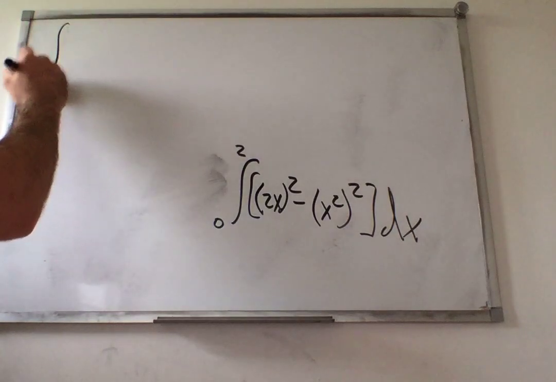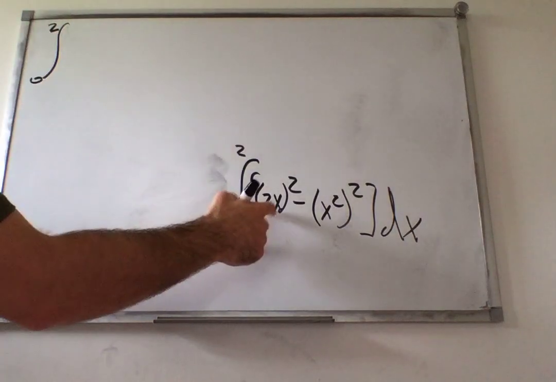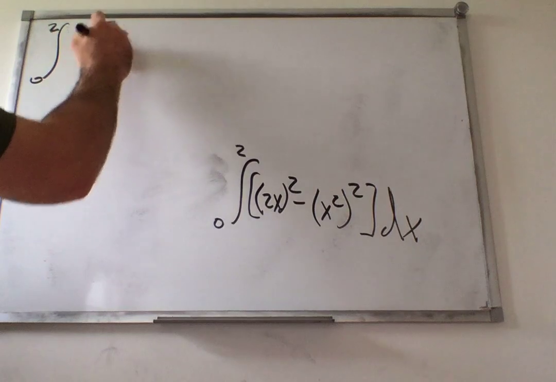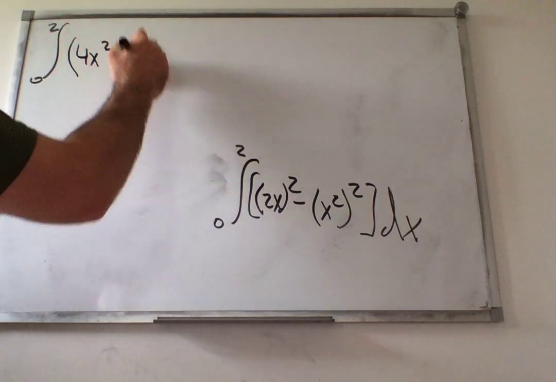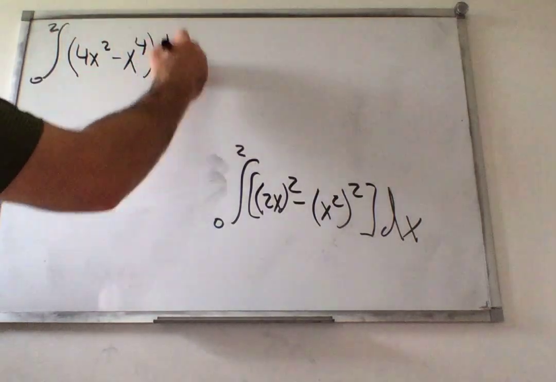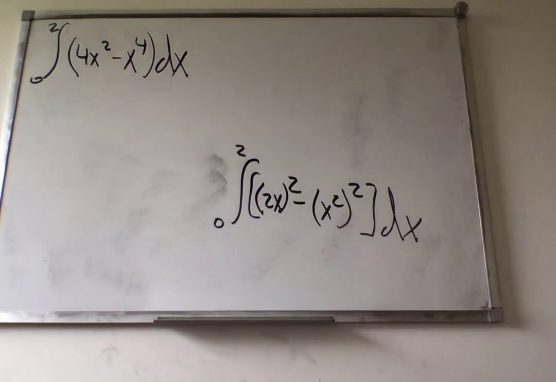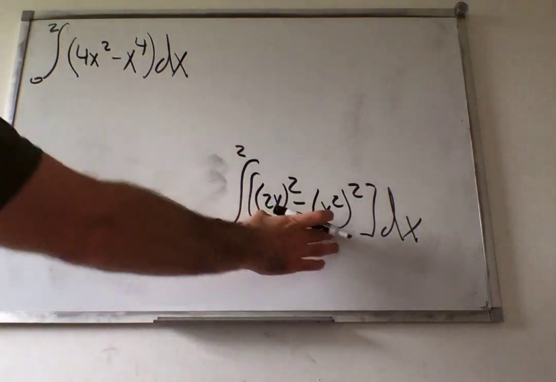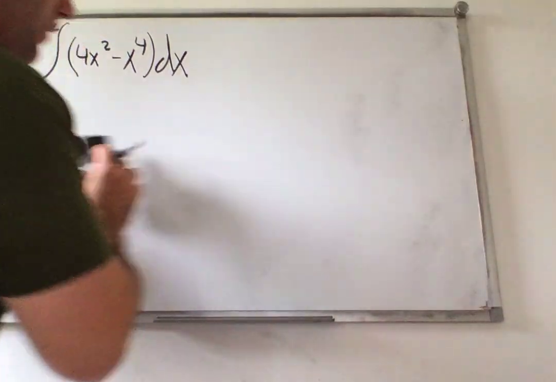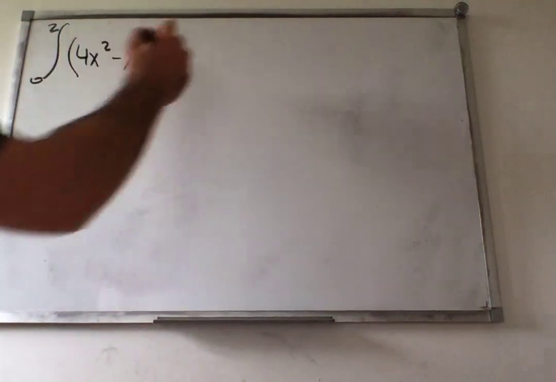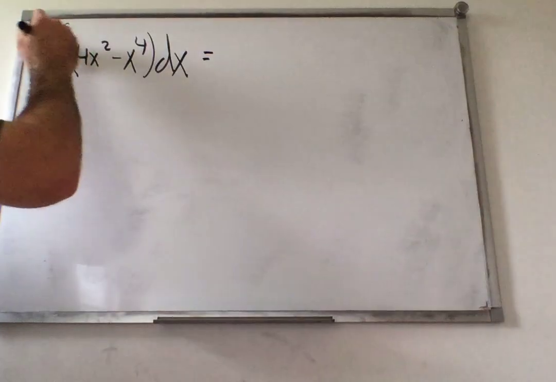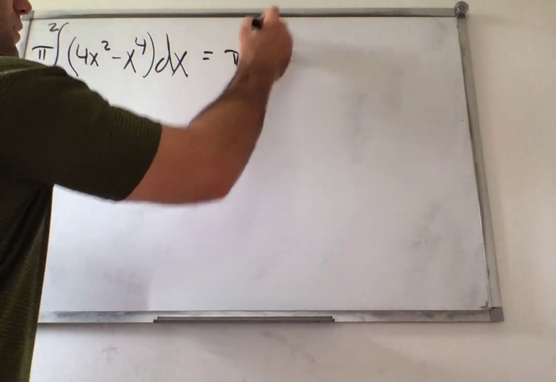Integral from 0 to 2. This is going to give me 4x squared minus x to the 4th dx. All I do is square everything. Now we can undo the power rule. I forgot my pi out front. Pi times